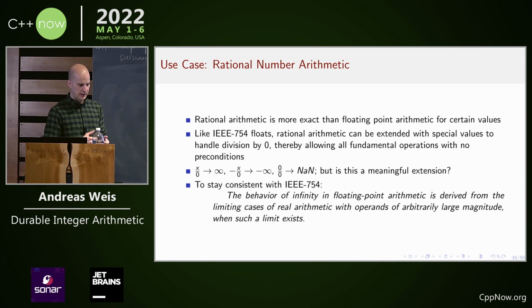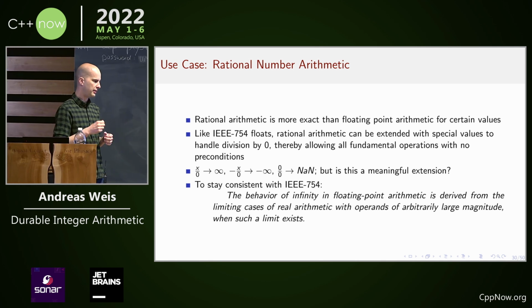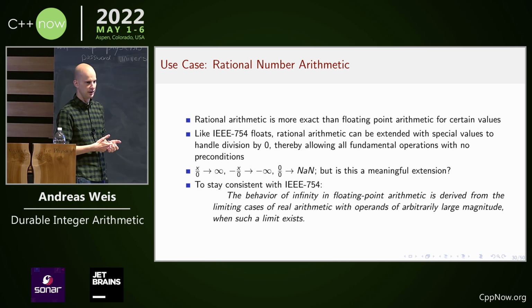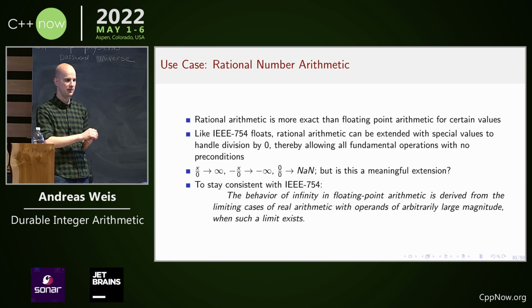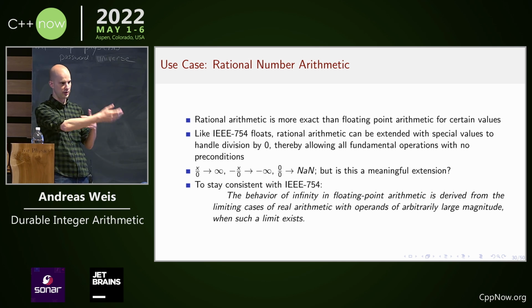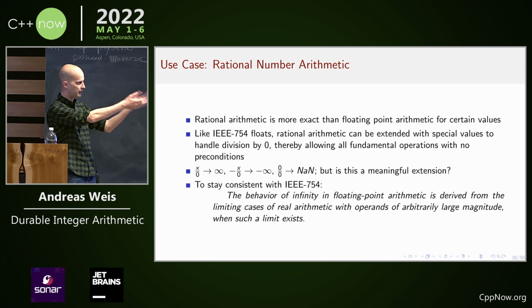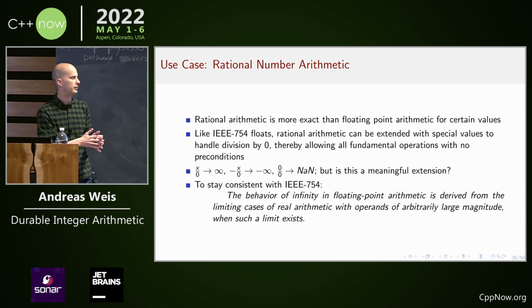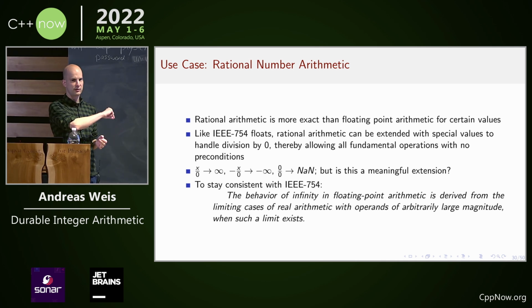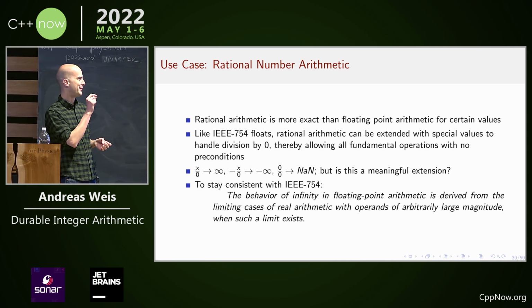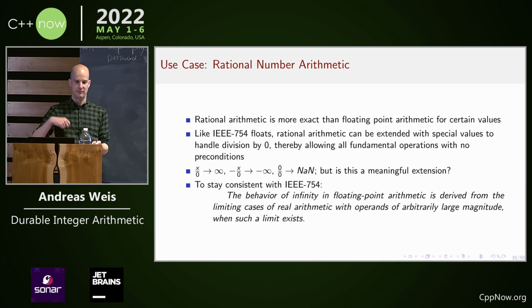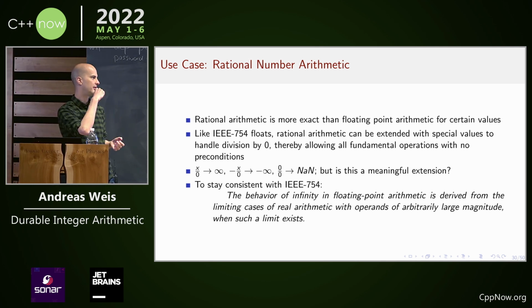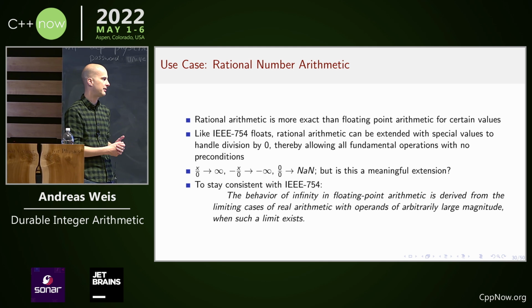And I did a bit of research, and it seems that the rational number type in Android actually supports this. They support these special values, and whenever you convert to float, they just naturally map to the IEEE values. But they don't implement calculations on rational numbers. And here the interesting thing is, how IEEE motivates these numbers is that they basically say